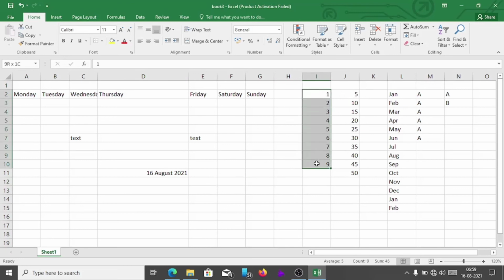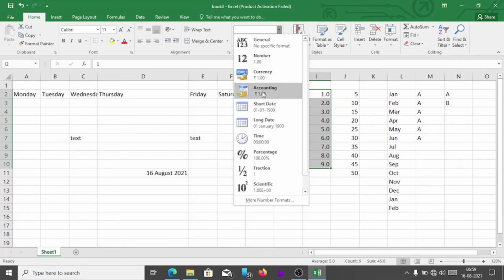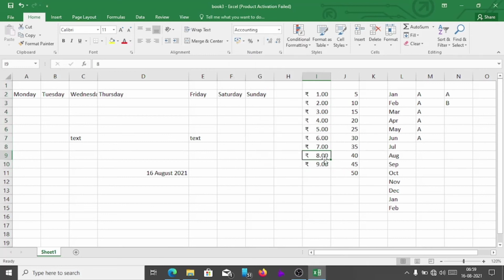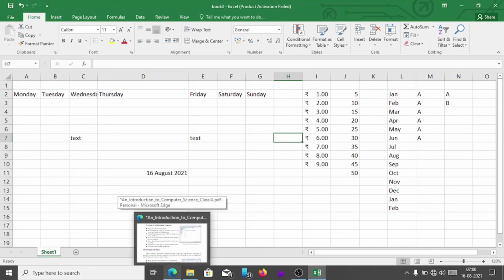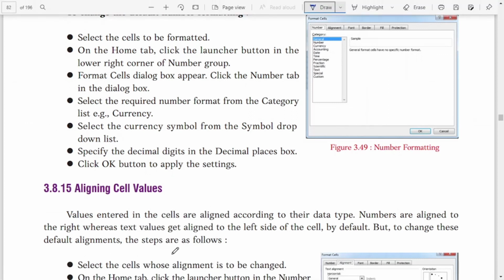And suppose from these numbers I want the decimal points, you can select as a number. You will get all the numbers with two decimal places. We can reduce it also to one position, meaning just one number. And even we can make it accounting. While you make it accounting or currency, you will get the rupees symbol or money symbol based on the language which is installed in your computer. If it is Indian English, you will get rupees. If it is US, then you will get dollar.